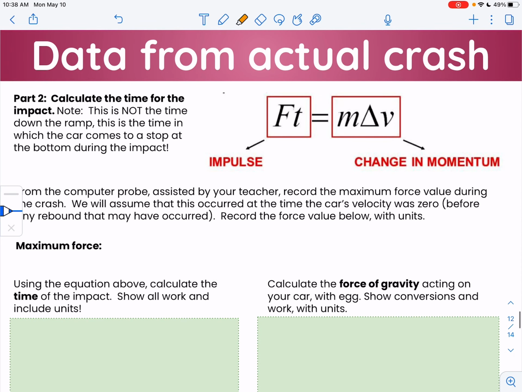Next page. Once you get your maximum force, let's say it was like negative 18 newtons or something,